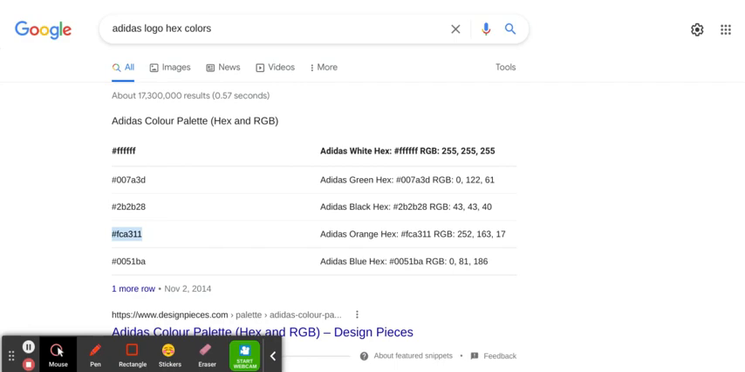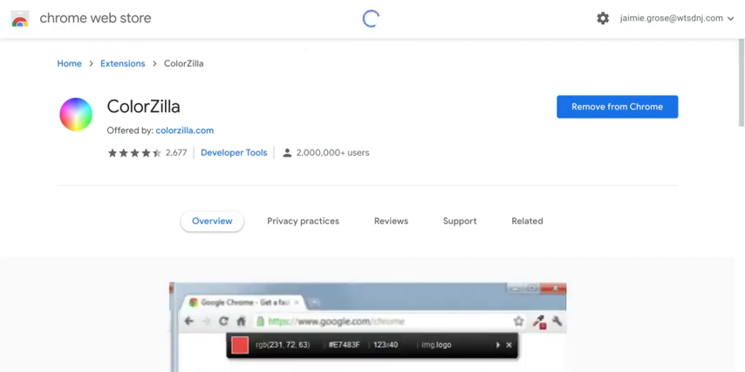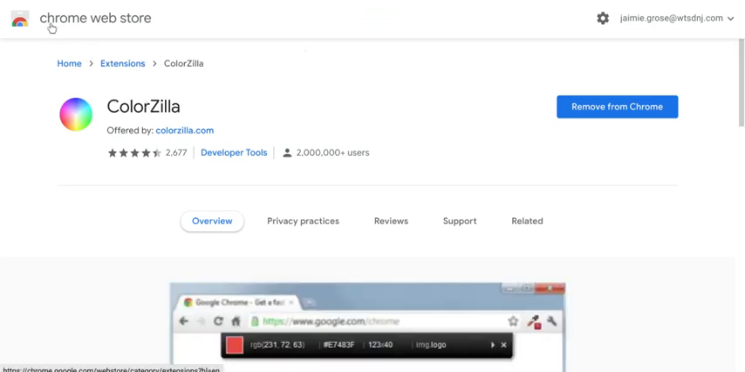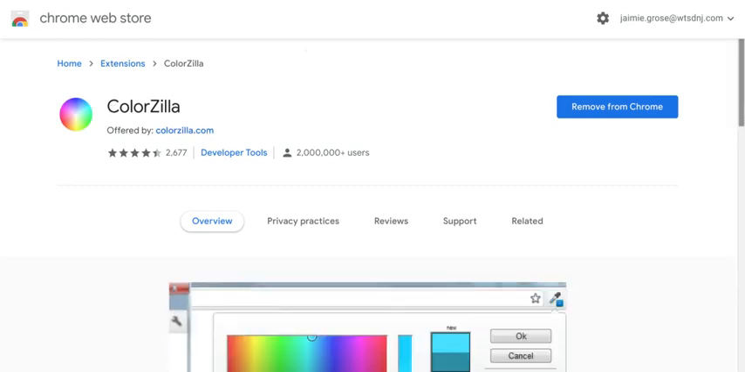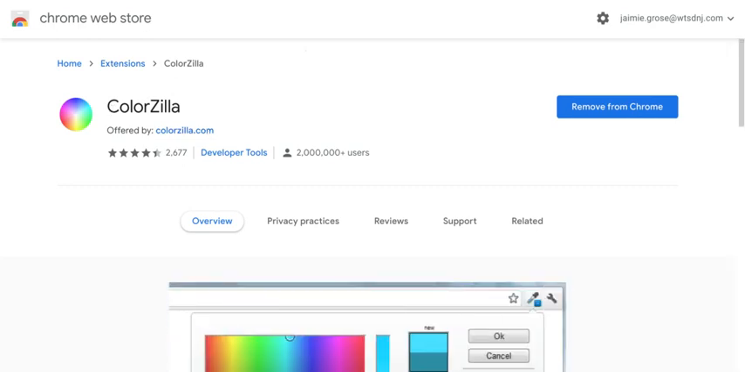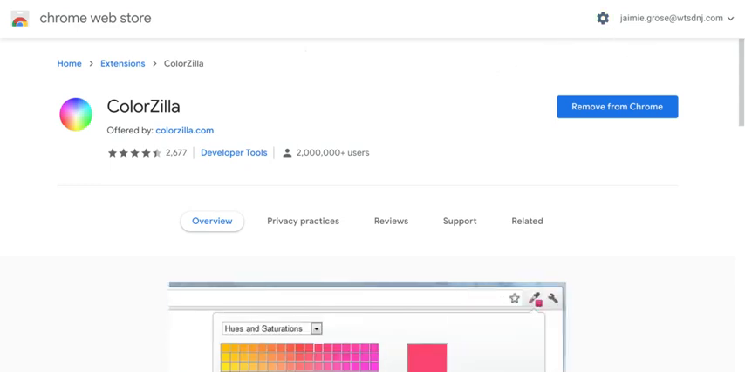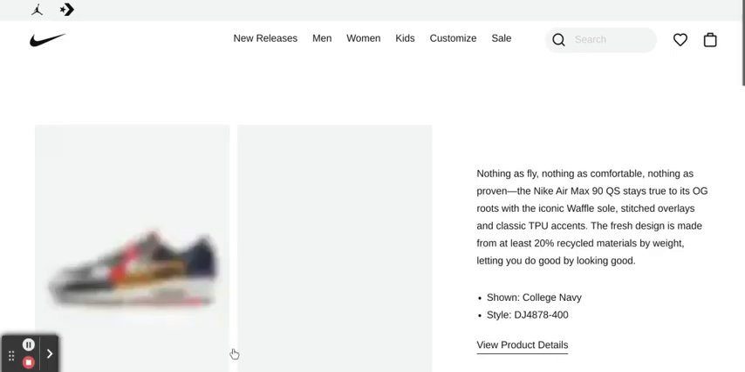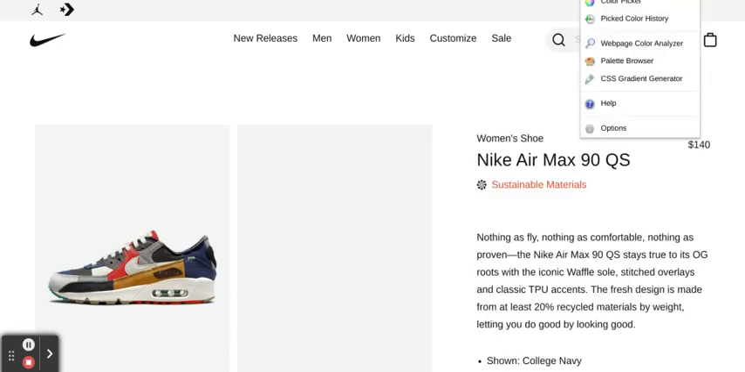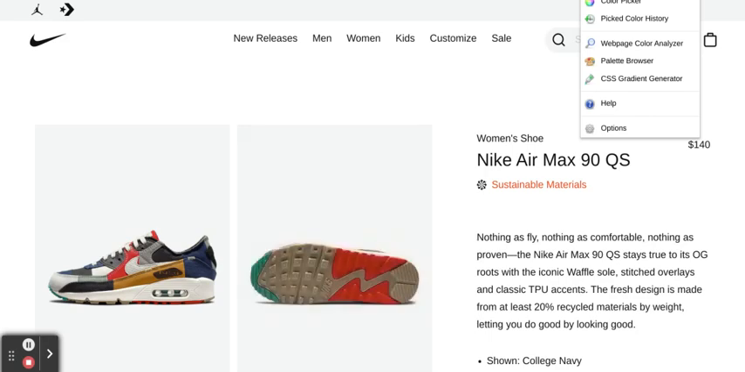Another way that we can get hex codes is by using an extension called Colorzilla. You can actually find this extension in the Chrome Web Store. It's really easy to download, and it'll add it to your Google Chrome. Again, it's a Chrome extension, so it works exclusively with Google Chrome. And this is actually really great because you could say, if you were checking out this pair of sneakers, for example, and you really liked one of the colors that was in here, you could take your color picker. So we click on it and then we pick color from page,